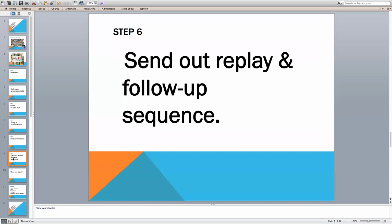That way I drive them to actually attend live. Sometimes though, I tell people, if you're not sure you're going to be able to make it, go ahead and register anyway. I will send out a replay. I do that in those cases because it's more important for me to have the person actually raise their hand and say, tell me more about this information, even if they're not going to be able to attend the webinar